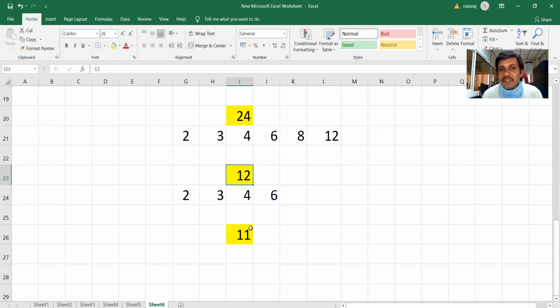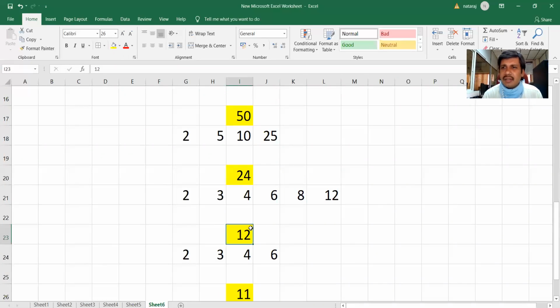Okay, which means take any number. You will not have factors after n by 2. Say if the number is n, all the factors for that n will be within the limits of 2 to n by 2, which means you will not have any factor from n by 2 to n.